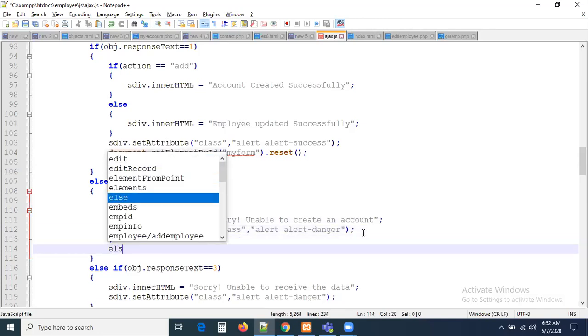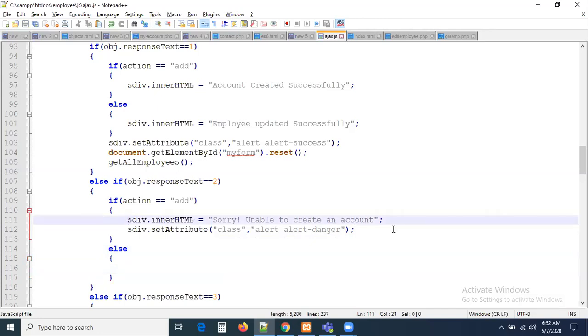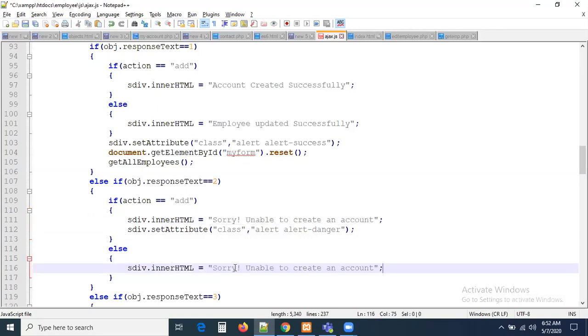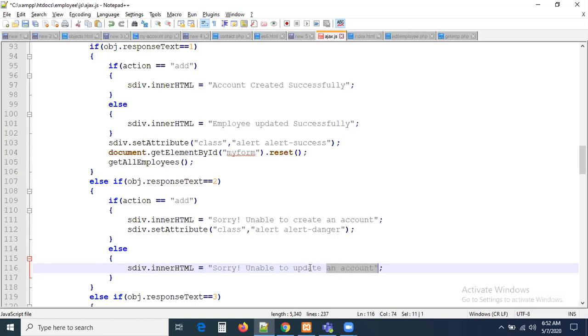So in the else block, the same I need to get. So the message should be, okay, the one thing, just copy the message. Sorry, unable to update the record.